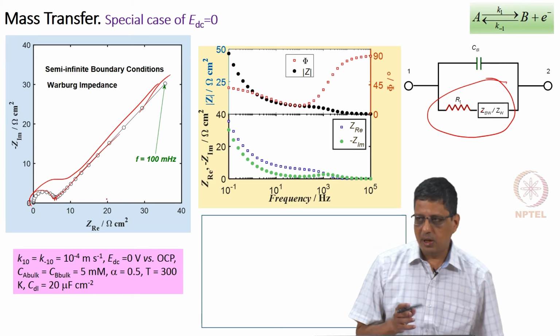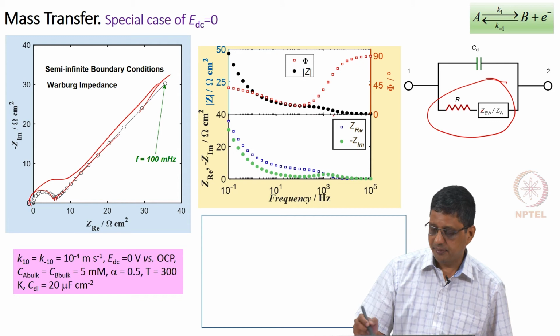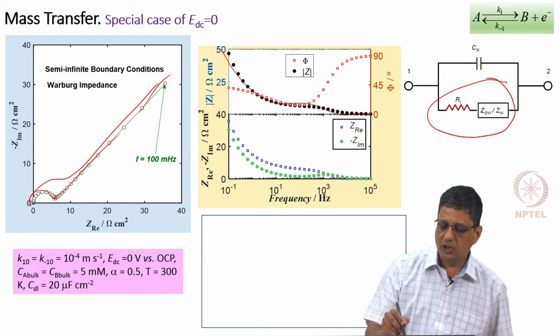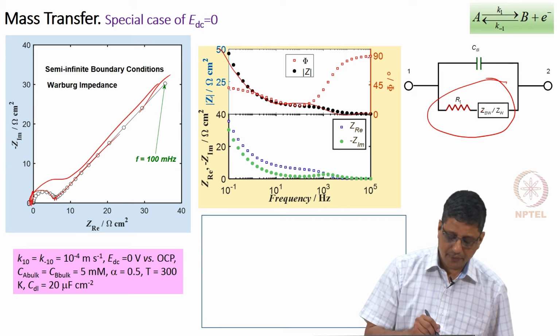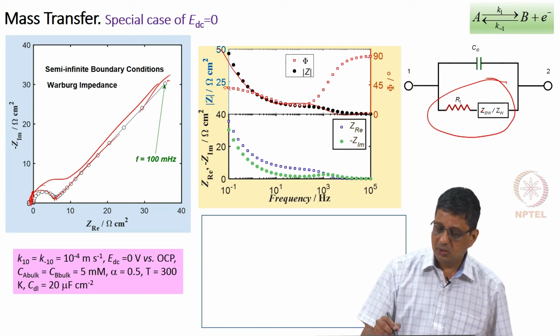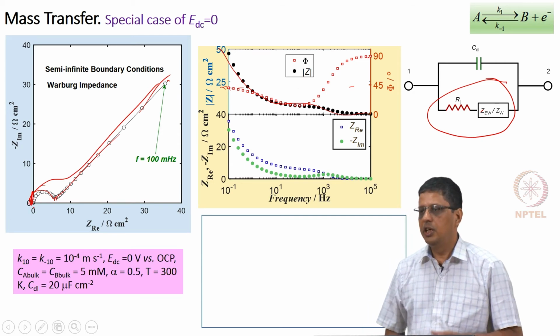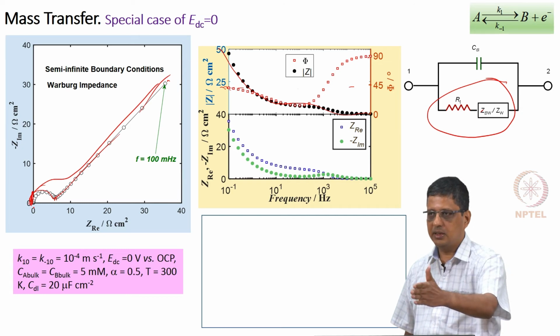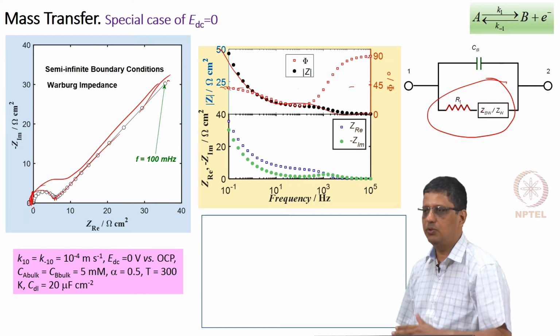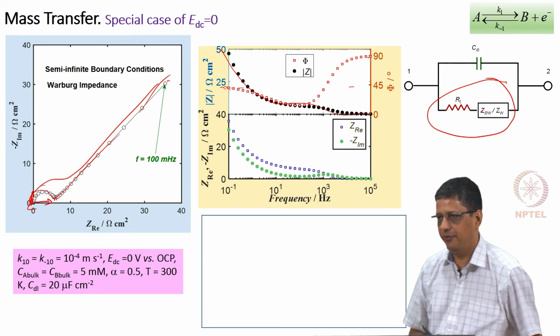When you plot it in a Bode plot, you should also have a feel for how it will look. Magnitude at low frequencies keeps increasing. So, you have one loop and then the second loop. Phase value starts at 90 here, this is not 45, it goes to a little less than 45 here, because its origin is shifted. If you go to larger and larger values of impedance or lower and lower frequency, it will be approaching 45. Of course, if this is very, very low, it will again approach 45.